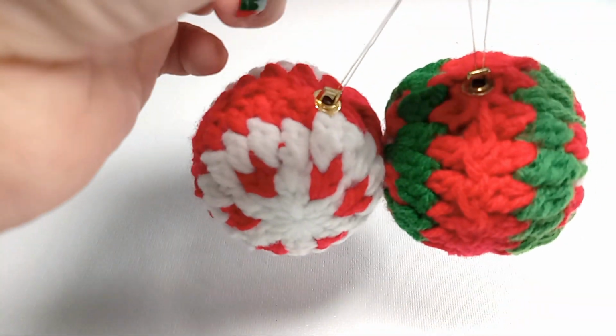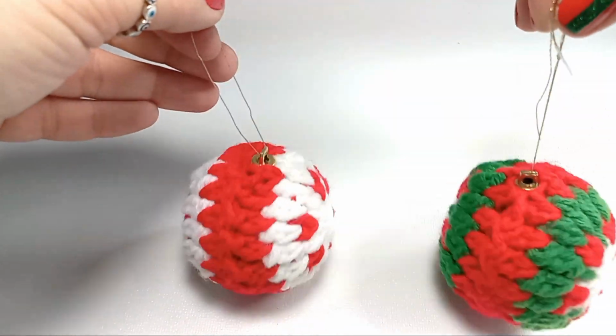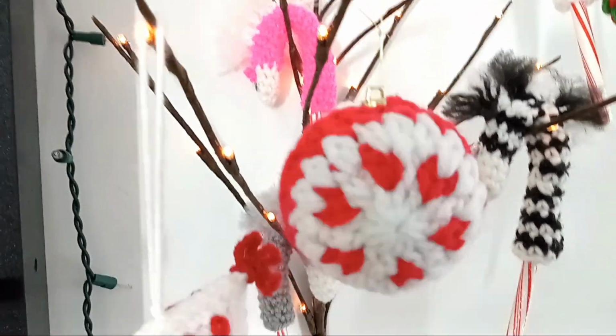Hi there! Are you looking for a fun and easy way to decorate your home for Christmas? Well, you might try crocheting little baubles. They're a great way to use your leftover yarn and create some little ornaments that only you will have. So in this tutorial, I will show you how to crochet those little Christmas baubles using some leftover yarn,